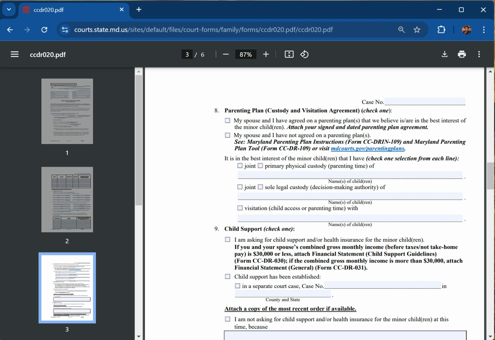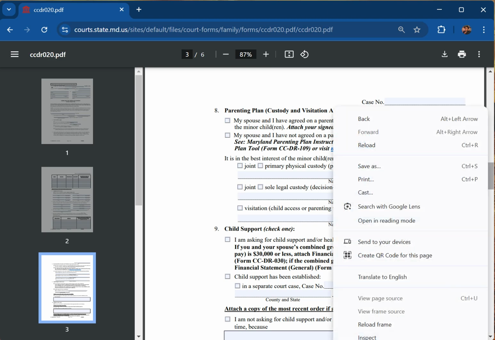Keep in mind, the parenting plan is another form that you find on this form's website. If you don't have a parenting plan, the court doesn't require you have one before you file. But at some point during your divorce process, the court is going to require you actually go to this form's website, find the form that says parenting plan, and download that and fill it in. Okay? So you go forward